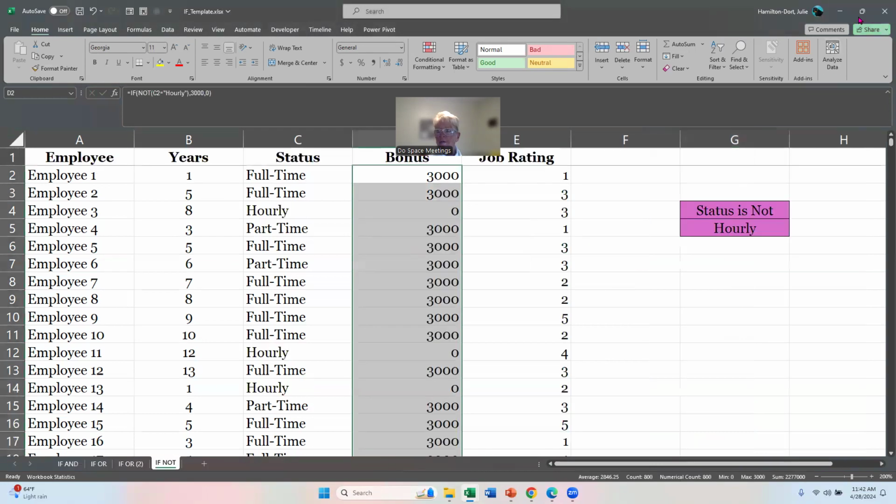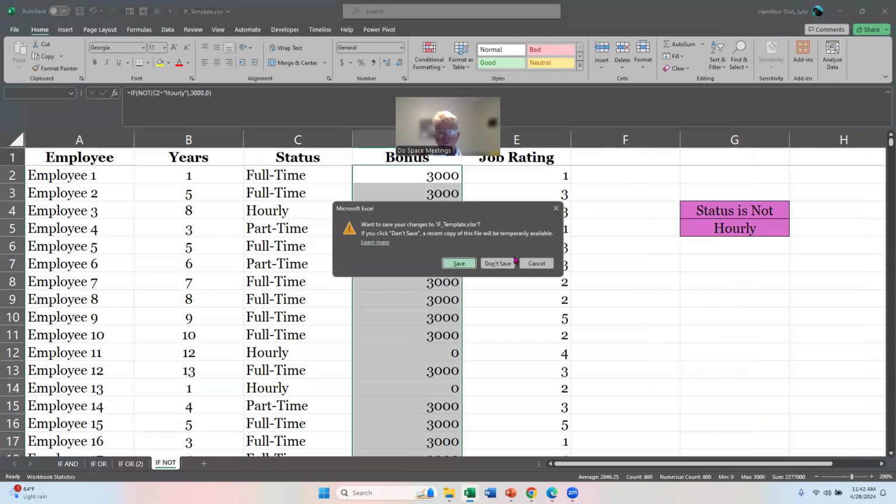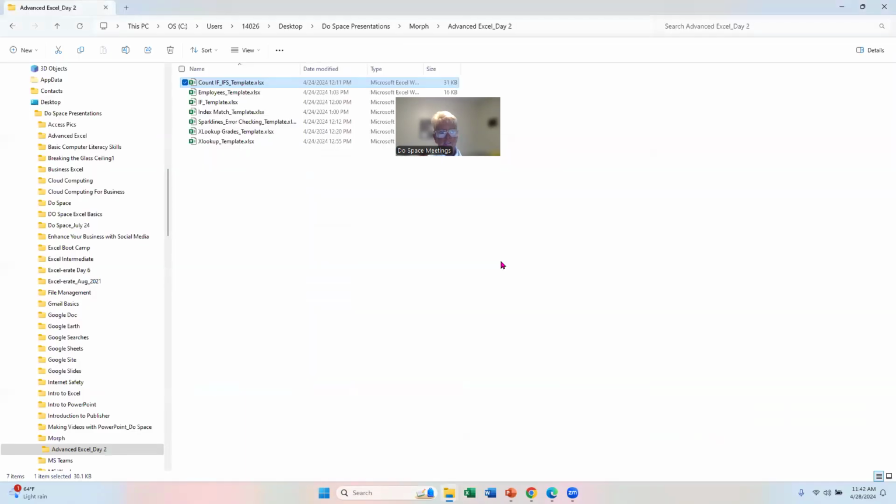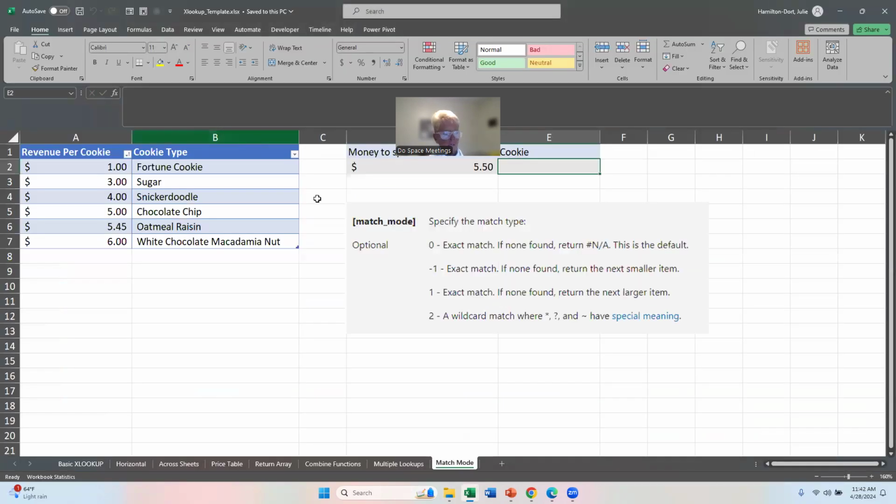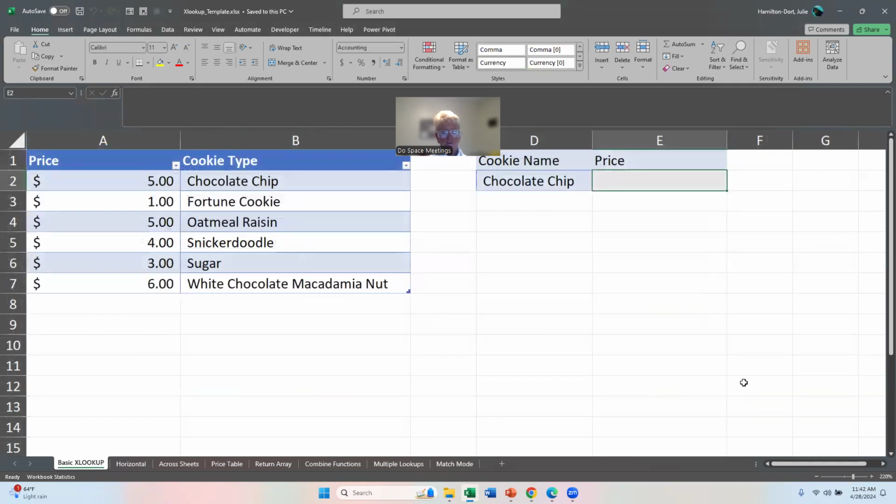I'm just going to quit out of these. I don't need to save them. We're going to go into the XLOOKUP template. Now with the XLOOKUP, you can see I've got multiple sheets here. I'm just going to go through these,